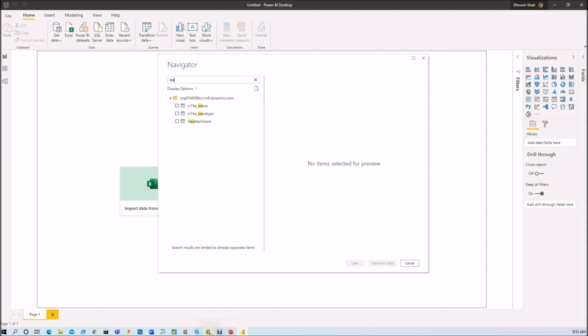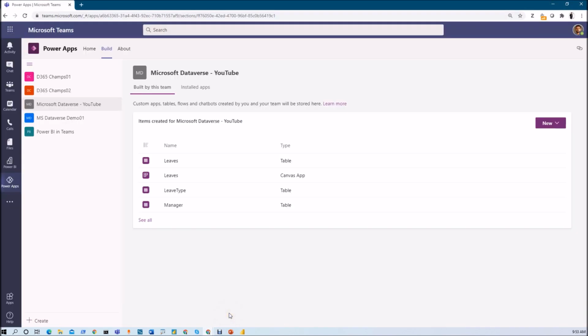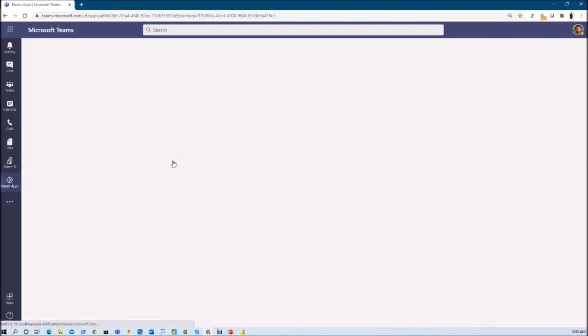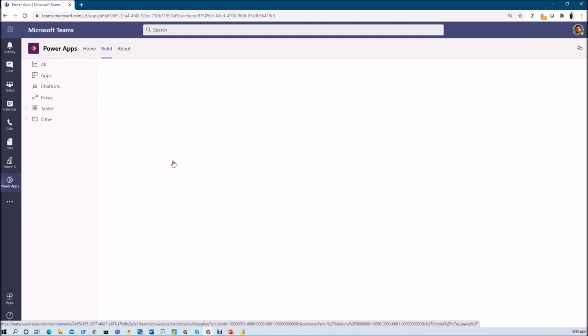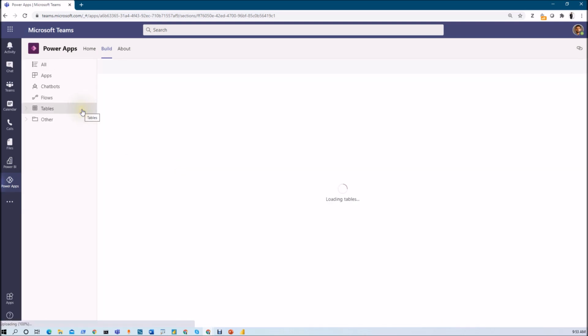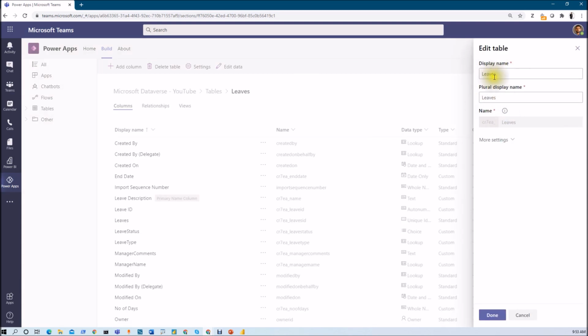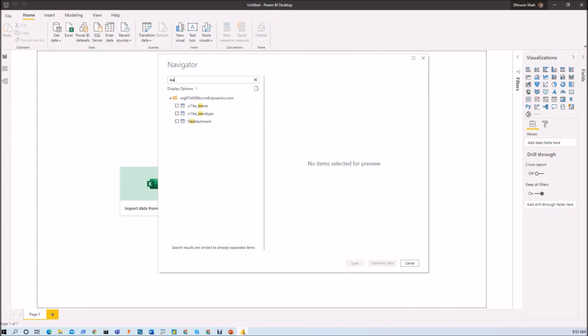Now if we go to Dataverse for Teams and click on the leaves table, its internal name is exactly similar to what we have seen in Power BI Desktop. Let me open that. Here you can see this is my leaves table, and this name is appended with the prefix CR7EA, so we have a similar name over here, CR7EA underscore leaves.